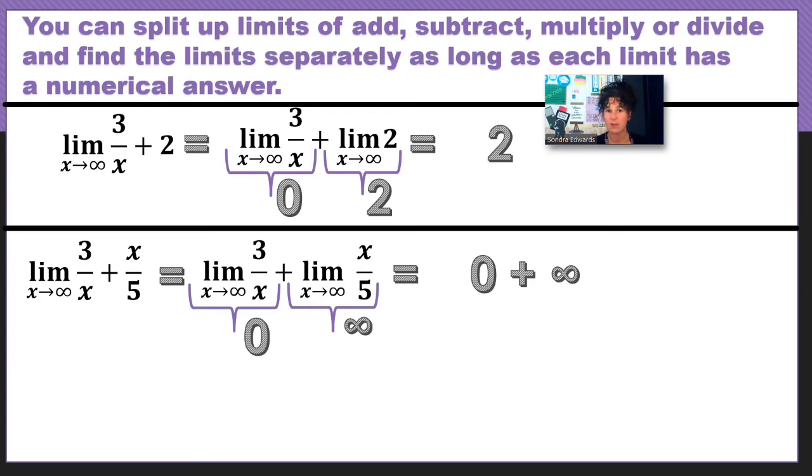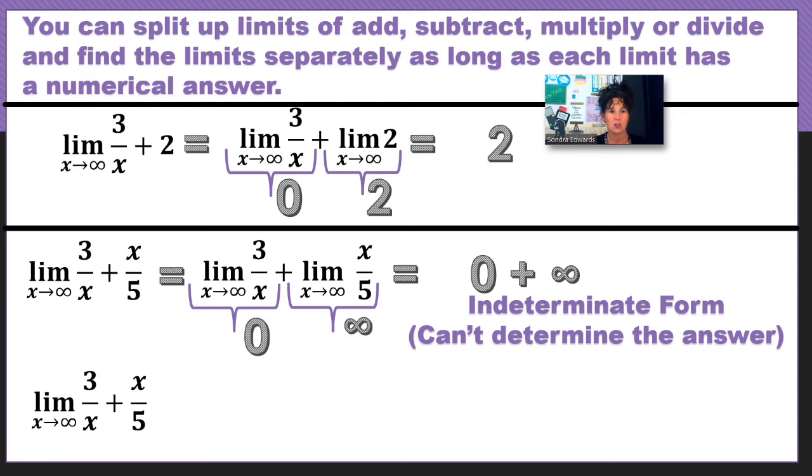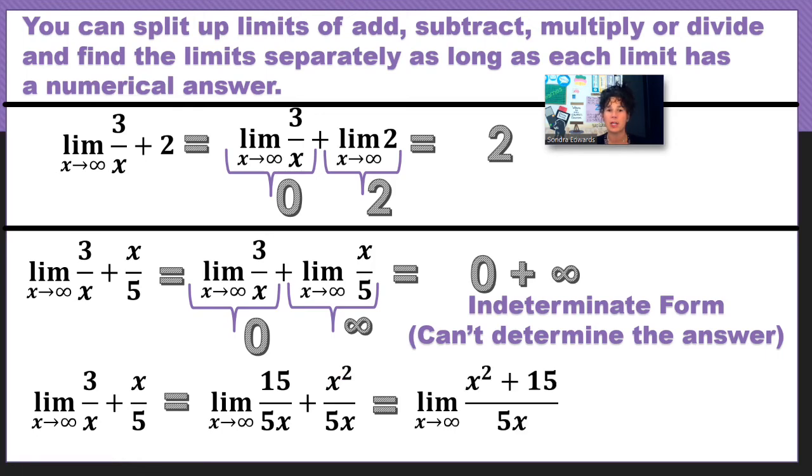This is inconclusive. So what we can do is rewrite the original problem, instead of as two separate fractions, as a single fraction by finding a common denominator. So let's multiply the numerator and denominator here by 5 and the numerator and denominator here by x so that we have a common denominator. Now that we have a common denominator, we can combine. Now we're back to those rules where if we just know which of the numerator or denominator is getting bigger faster, we can